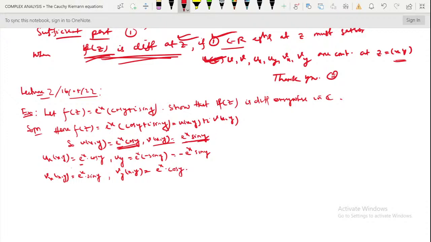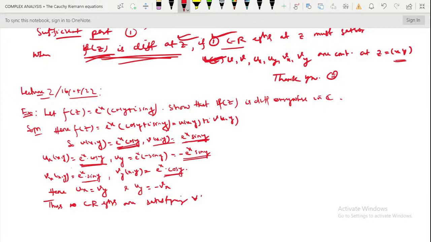Here you can notice that your u x is equal to v y, which is e to the power x cos y. So u x equals v y, and u y equals minus v x. So u y, which is minus e to the power x sin y, and this is e to the power x sin y, so u y is minus v x. Thus the Cauchy-Riemann equations are satisfied for all x y,